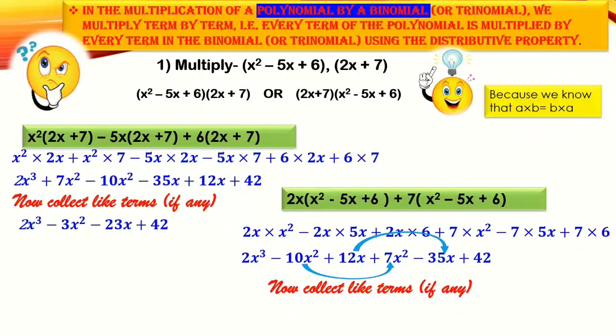These are the like terms. And then this is the answer. So you'll see that the answer is not going to be different. The answer is going to be same. At times you might find that minus 3x square is written over here or minus 23x is here. So it doesn't matter. You just need to be careful with the sign of the number, that the sign with the number should be same wherever it is written in the expression or wherever it is written in the answer. Okay. So let's move on.